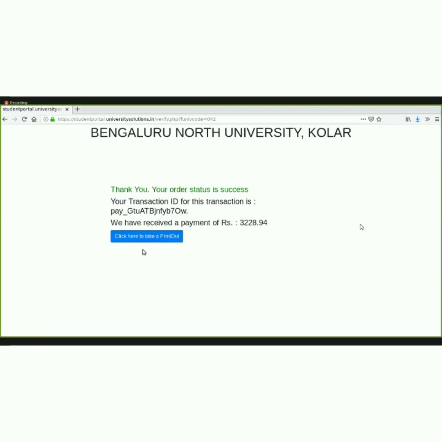Even if you are not able to download the fee payment receipt, you can show this as proof. So here I'm taking the screenshot of this page, and I have taken it. Then now I am going for the click here to take a printout option. Okay, now I'll save the file.